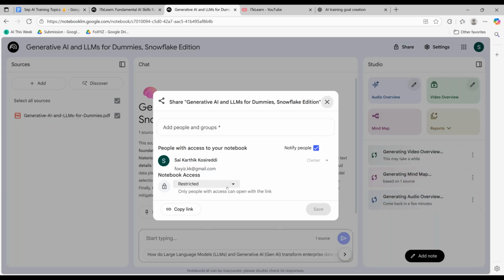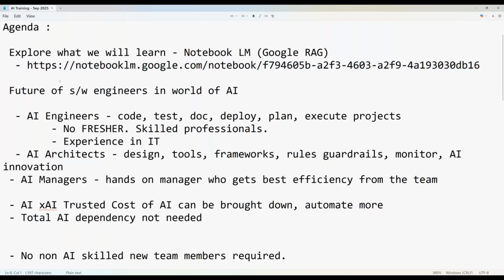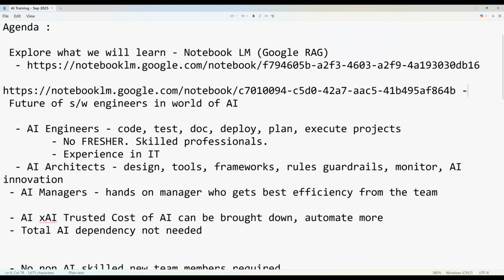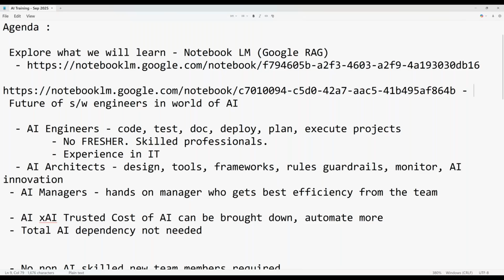How do we learn? This is the way we can learn, where we take a lot of content, put it into AI, concise it, and try to get a quick response. When I want to deep dive, I will deep dive. But as long as we want to be a little shallow, we should be able to do that too. What is this for? Generative AI and LLM, Snowflake for dummies.